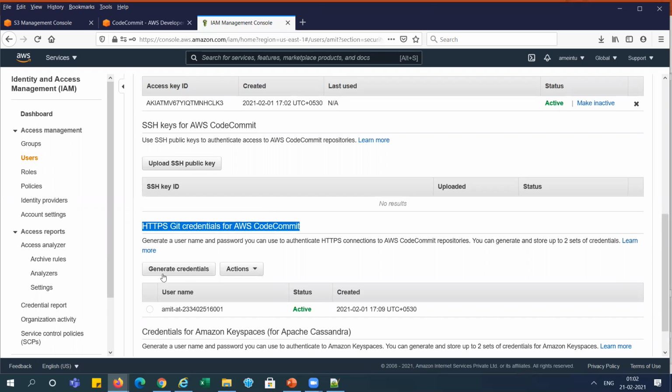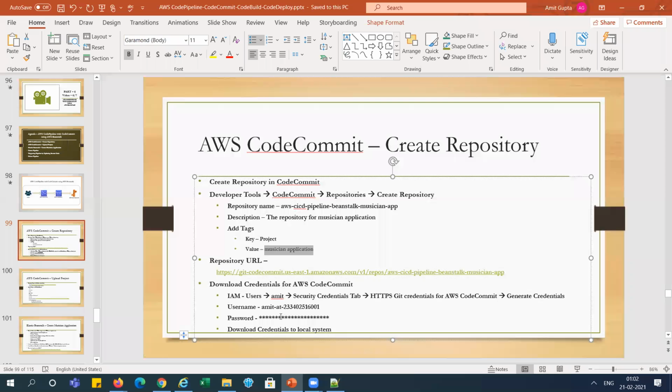If you are doing this for the first time, you need to generate the credentials, and copy the username and password both, and export. I'm keeping it, and we will use this username and password when we push the code from local to CodeCommit.